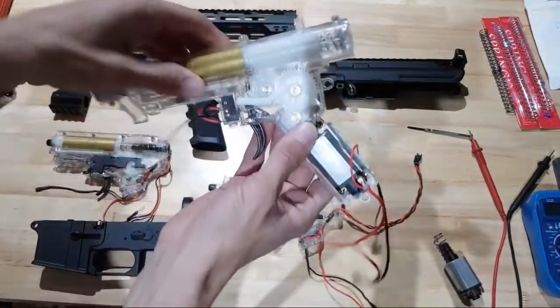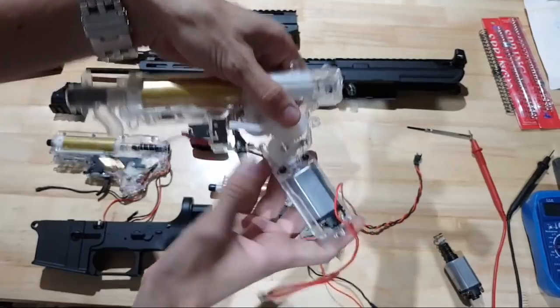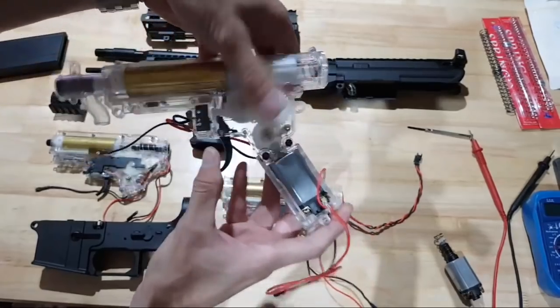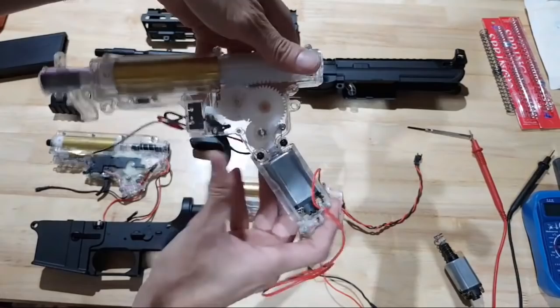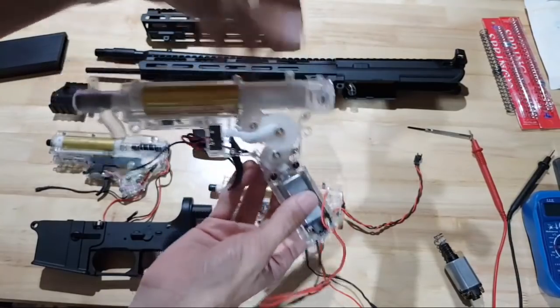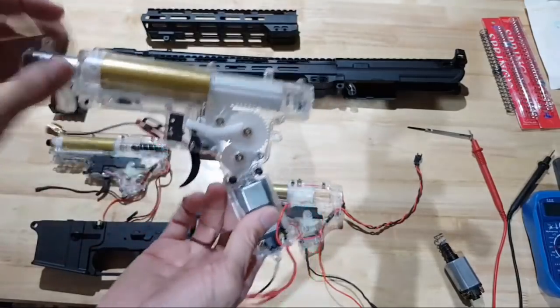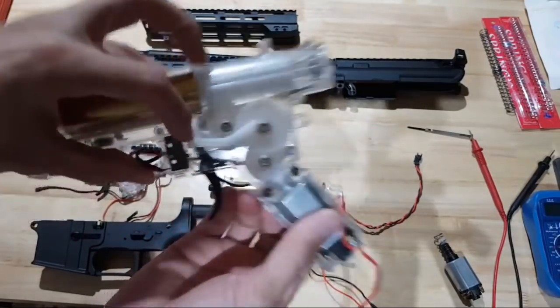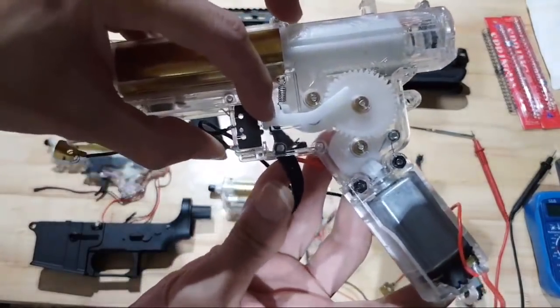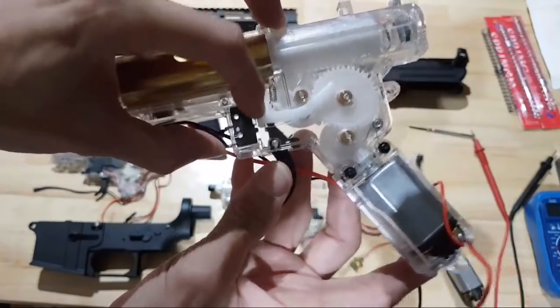But yeah, so basically on the safety side of things, your Gen 8's got can fire, can't fire, can fire, can't fire. That is all there is to it. There's no semi-auto, there never was. It's just a little piece that blocks you from pressing the switch with the trigger. That's all there is to that. However,